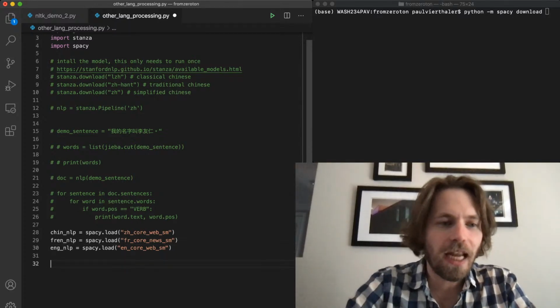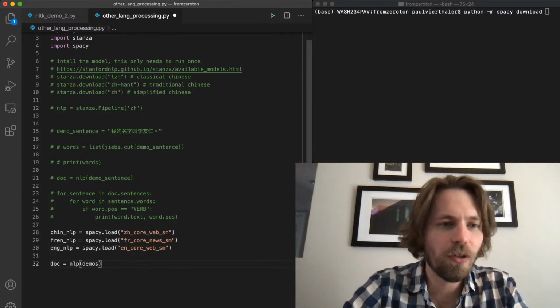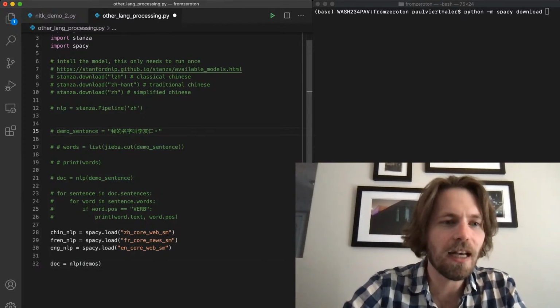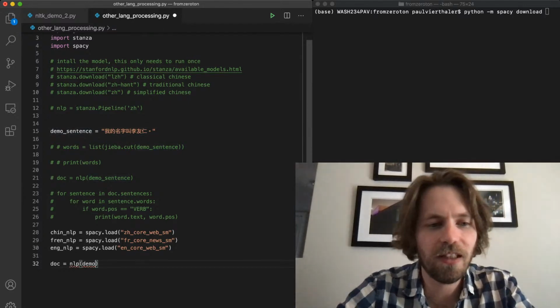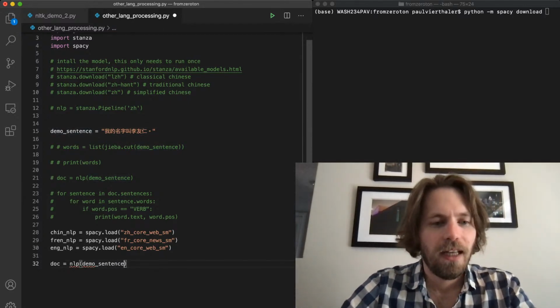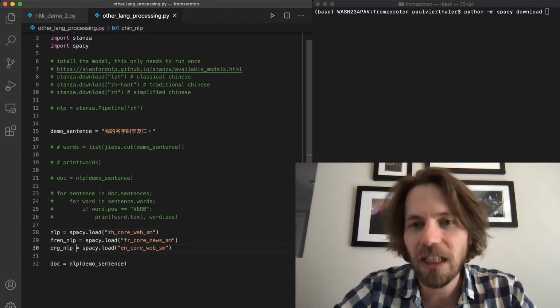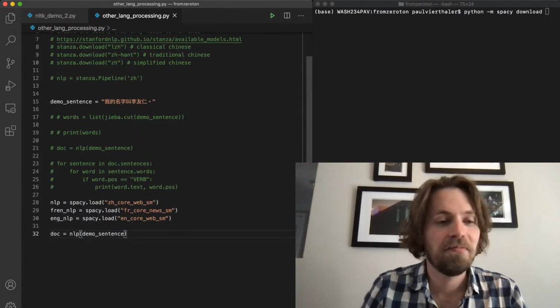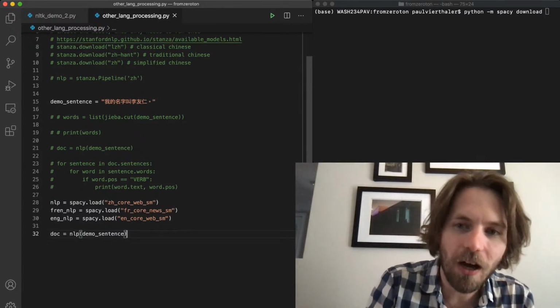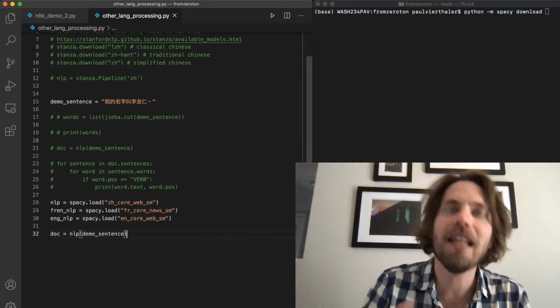We can also say doc equals NLP demo sentence, right? So here I'm going to try to use this. I'll uncomment my demo sentence, and I'll say demo sentence here, and I'm just going to make sure that my NLP object is the Chinese one. And so now I can access this document object to get my lemmatized information, or not my lemmatized information, but